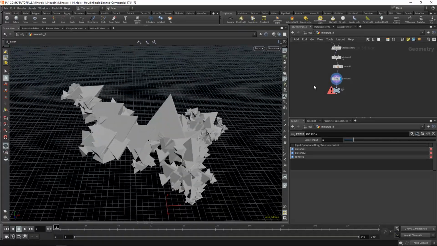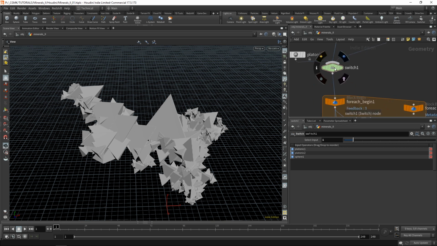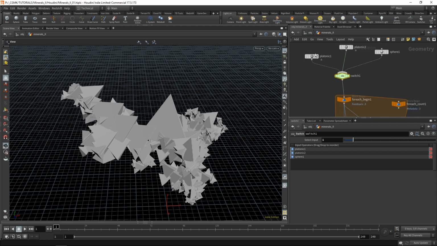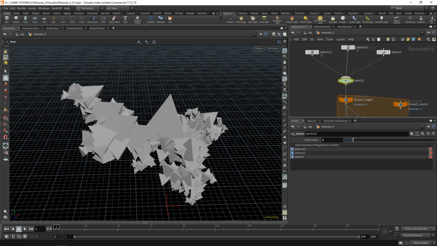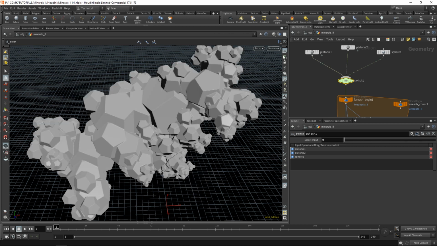So just explore. Now I'm gonna keep with the dodecahedron. So here on my switch, this would be something that I would also just associate with my controls, but for now that's not the purpose of this tutorial. So I'll just switch back to the dodecahedron, go to my camera,